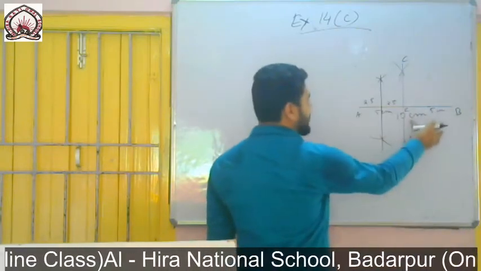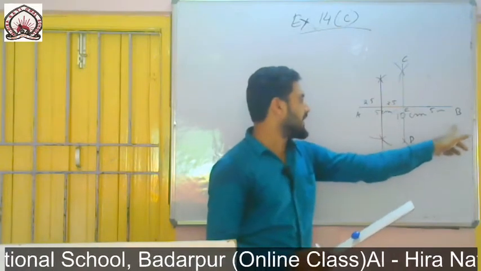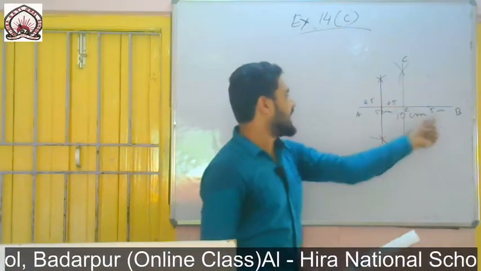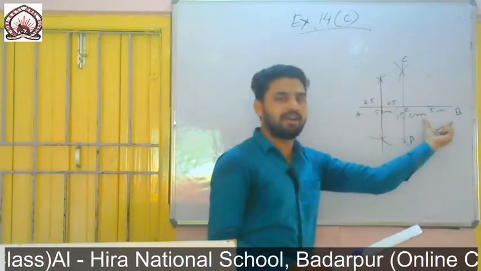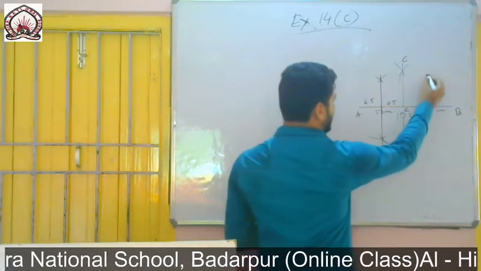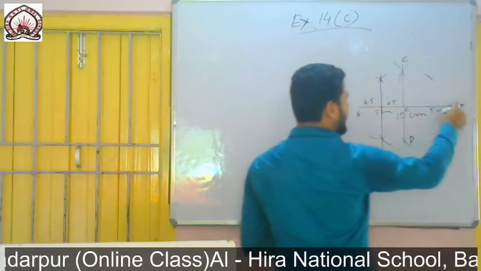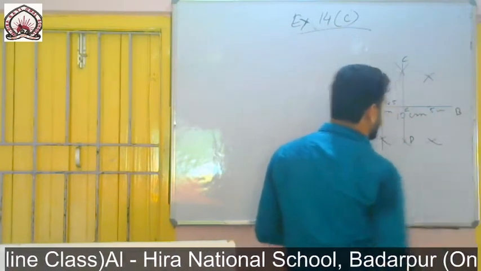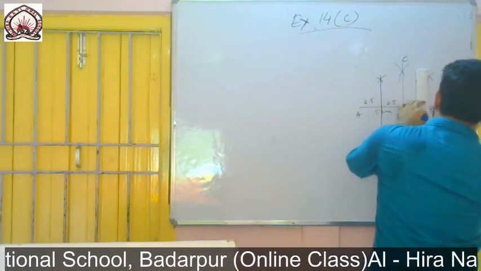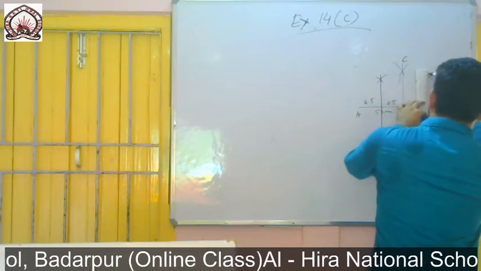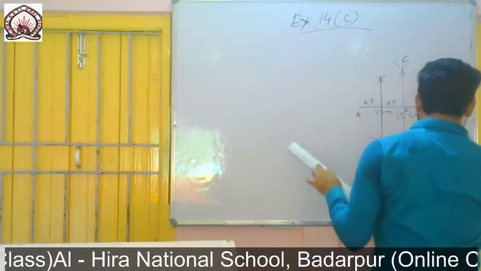Now take the distance between E and B, as you did for A and E. If you take E and B, then it is 5, so half of more than 5 will be 2.6. Again you take 2.6 and draw 2 arcs, one here, one here. Again placing at B, you draw like this, then the 2 arcs will intersect, then you join this. You will get the perpendicular bisector.